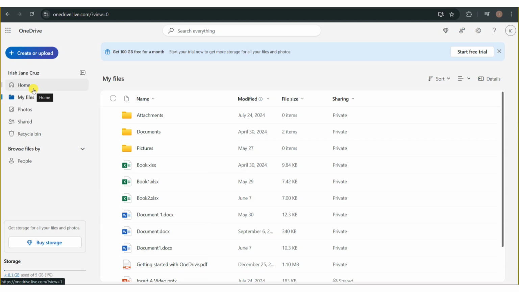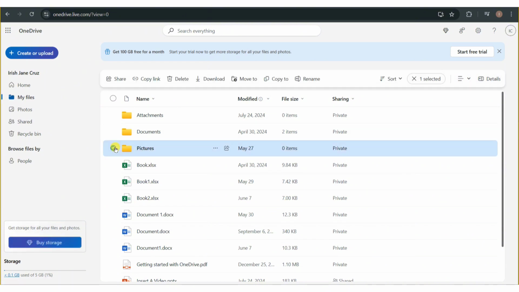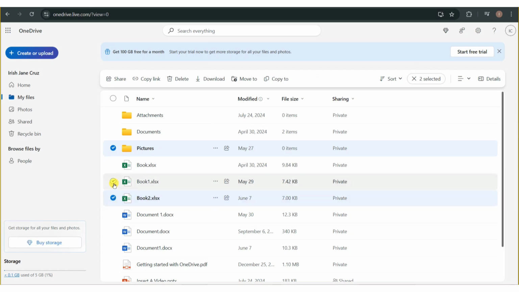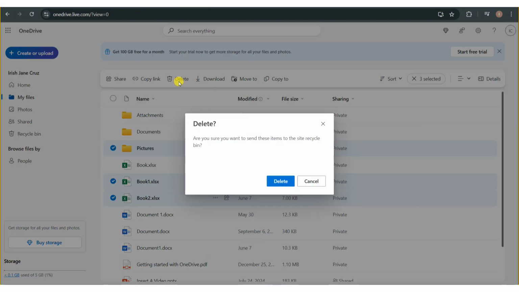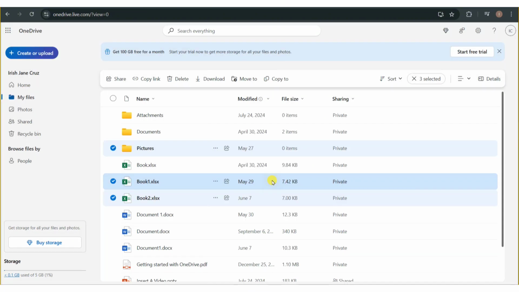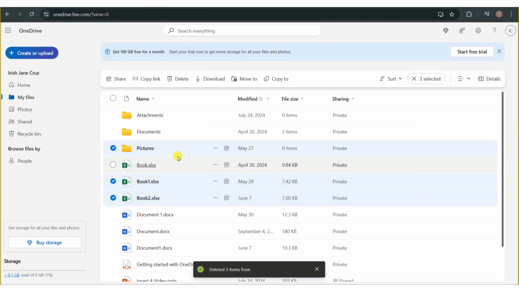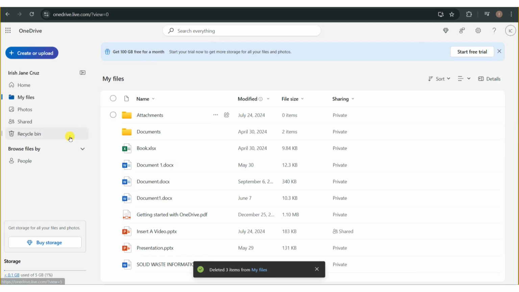So in here, simply go ahead and check the files that you want to delete from your files. So you'll find these hollow circles at the left side of each file. So simply go ahead and check the files that you want to delete and then click on this delete button to delete these files. So you'll need to confirm the deletion, and once this is deleted, you'll find that on